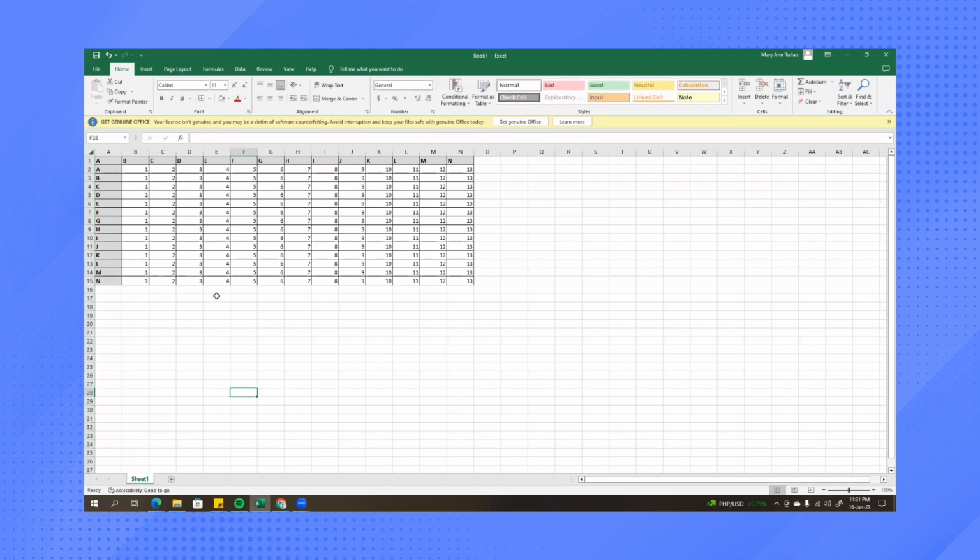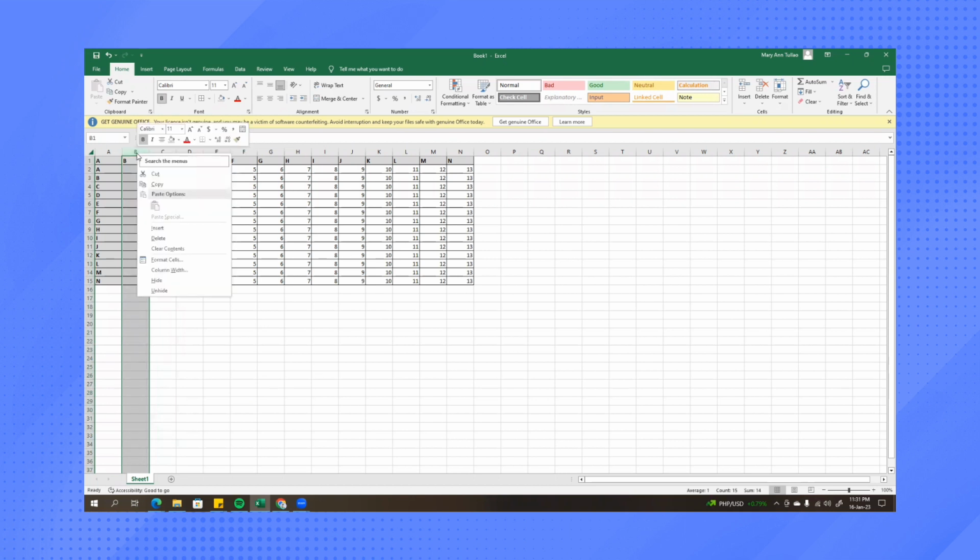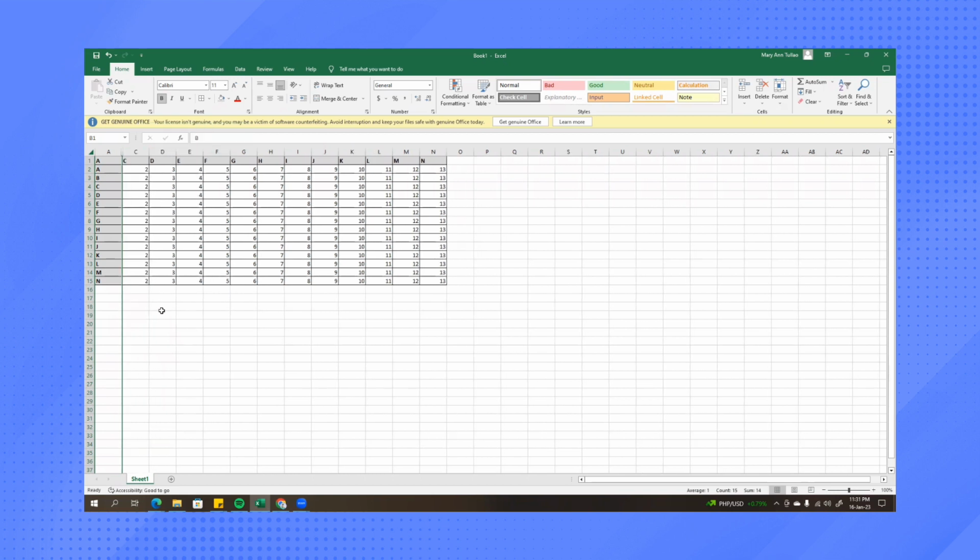And then let's say we want to hide this column in here, column B. So select the column, right click, and then click hide. Now once you decide to unhide this, you may right click this one here and click unhide. There it is. If you want to select multiple columns that you want to hide, you can press Control and